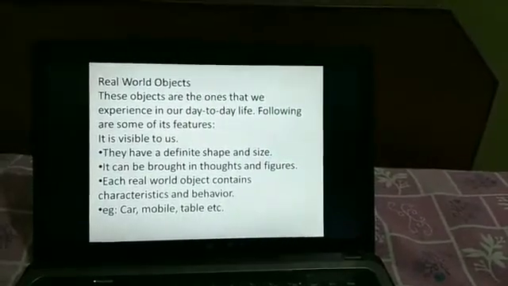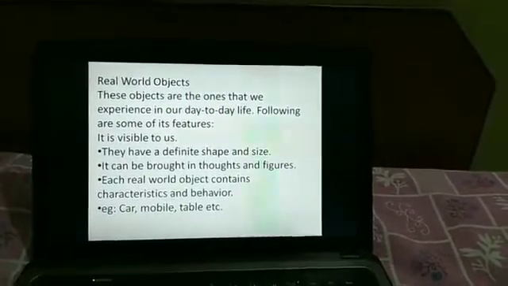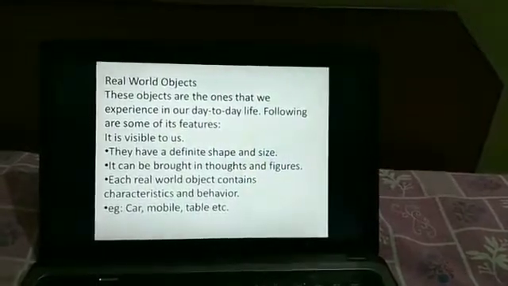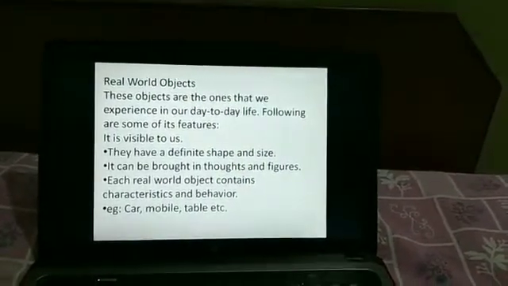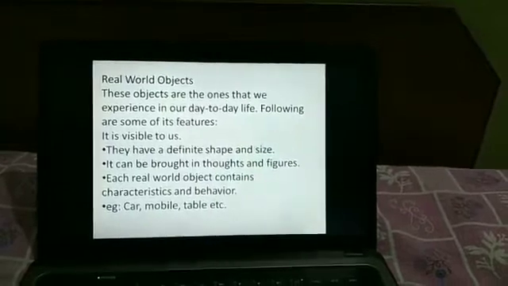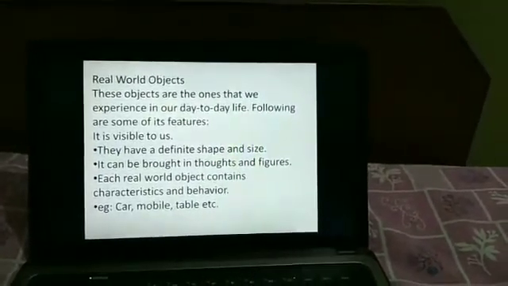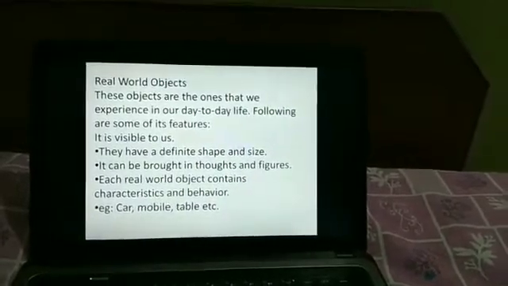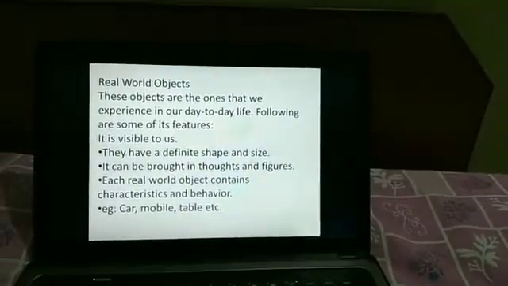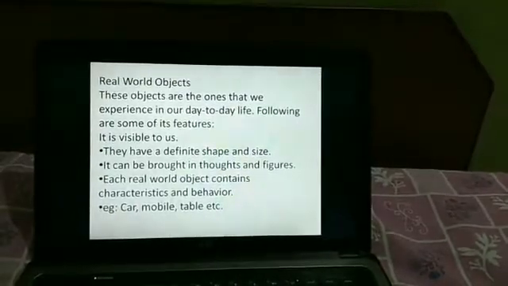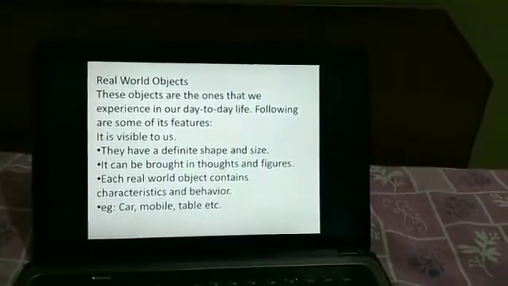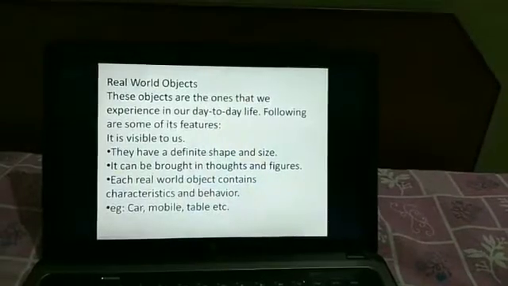Each real world object contains characteristics or behavior. So the objects which we use in our day-to-day life, which have a definite shape and size, and which a user can think about in terms of shapes and figures, having characteristics as well as behavior, are called real world objects.